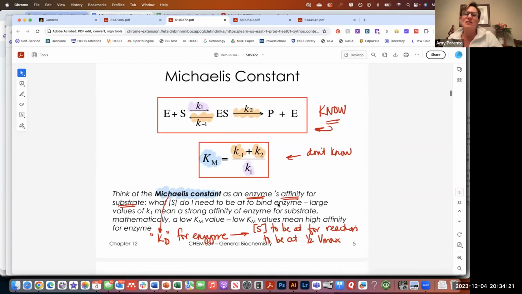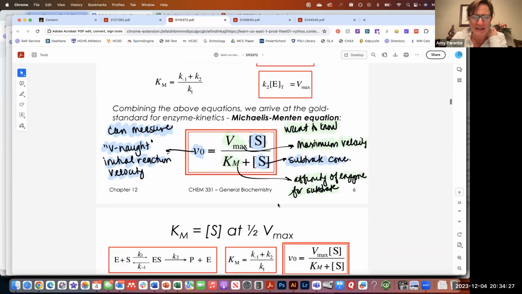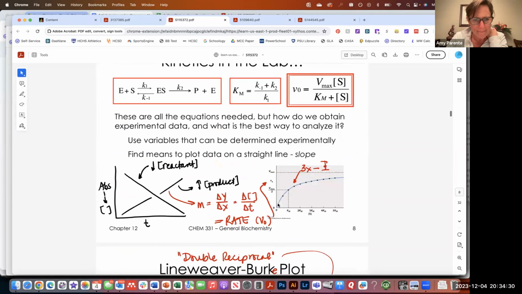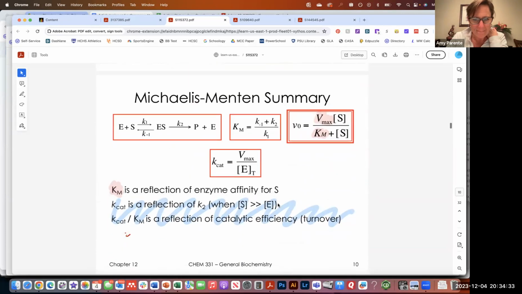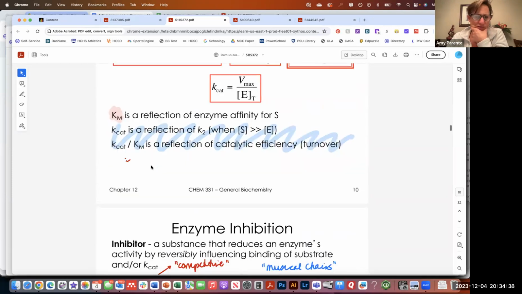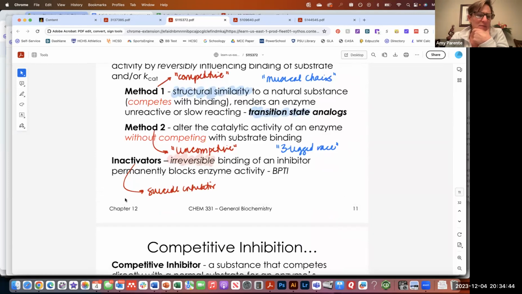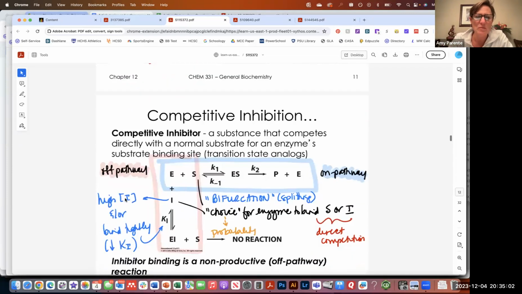There are a number of equations on here that are not equations you need to know, and I've usually tried to make sure when we went through this in class that I indicated those. Again, you don't need to know anything about K-cat or turnover numbers. Suicide inhibitors you can think of as an inhibitor that binds irreversibly. They often are competitive inhibitors, but they don't necessarily have to be. It's just something you can never fix because it sticks on permanently.